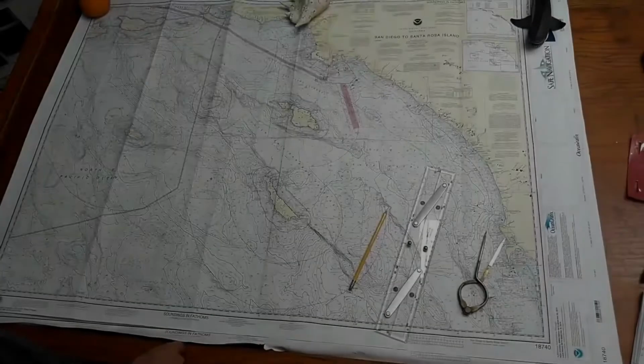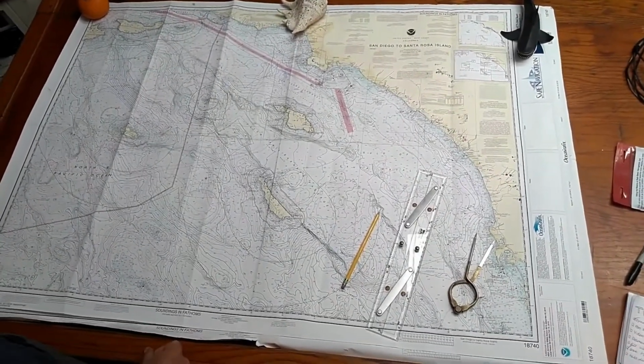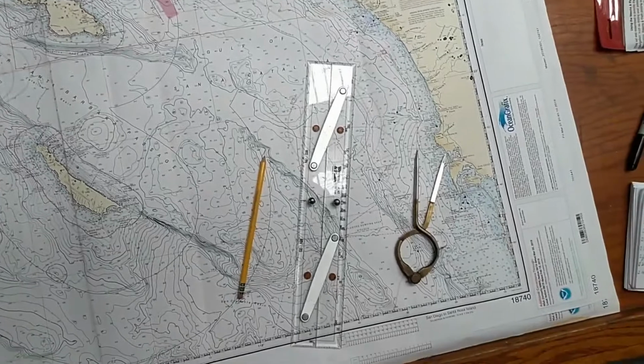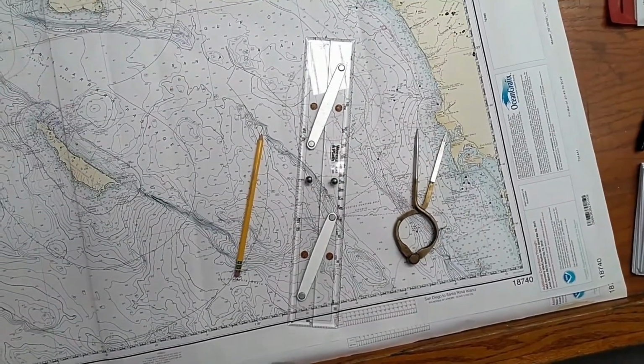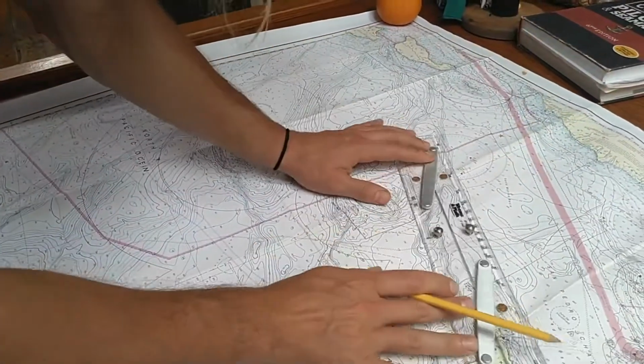We'll be using this chart. A chart is a nautical map. Maps are pictures of the land, while charts are pictures of the water. In addition to the chart, we'll also be using a pencil, a divider, and a parallel ruler. Let's get started. We'll start by drawing a line between the two islands, making sure we don't hit any land